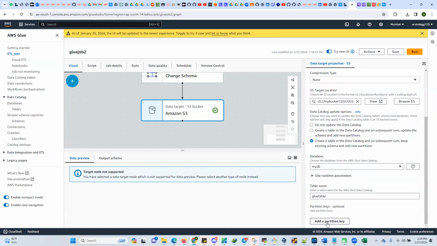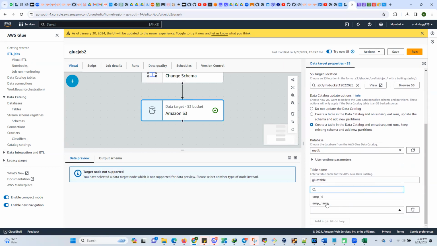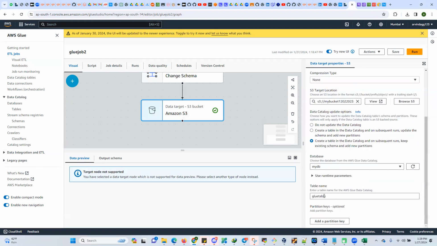Actually, partition key we didn't give. Even though we are giving it here, the partition key we didn't apply. If we keep a partition key something like date, but that column is not there, it will take it, right? If I have some date column, I can keep it date-wise partition. So every day the date-wise partition key will form. Otherwise, if I give this, I think it will do